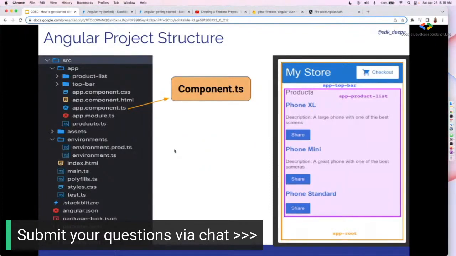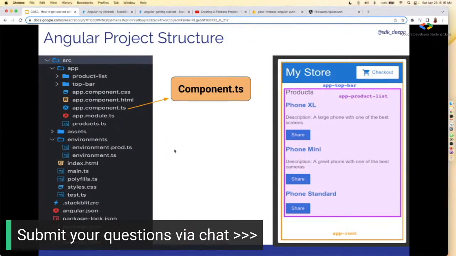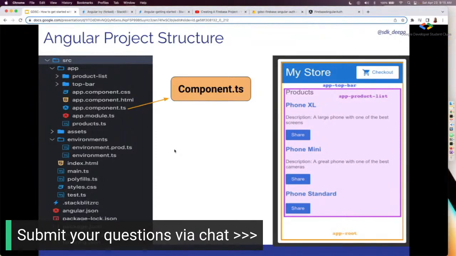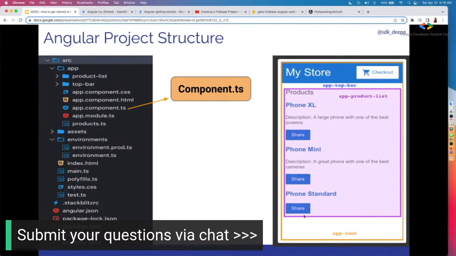So now let's see the Angular project structure. I'm not going to go into detail of every single configuration. There are tutorials out there, but I just wanted to mention some things here. First off, a component is the basic UI building block of an Angular application. It contains a tree of Angular components. So for example, like I showed you before, there's a decorator. I'm going to show a code snippet in a moment. So if you take this app.component.ts file,